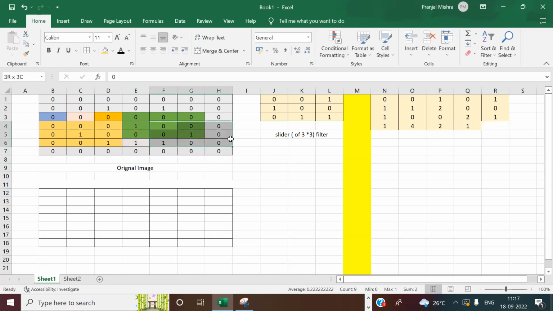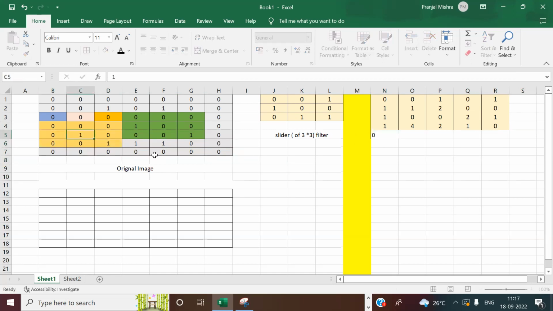Now the last one. 0, fair enough. Now let's come to the last layer. 0, ठीक है, फिर 1 0 0 0।